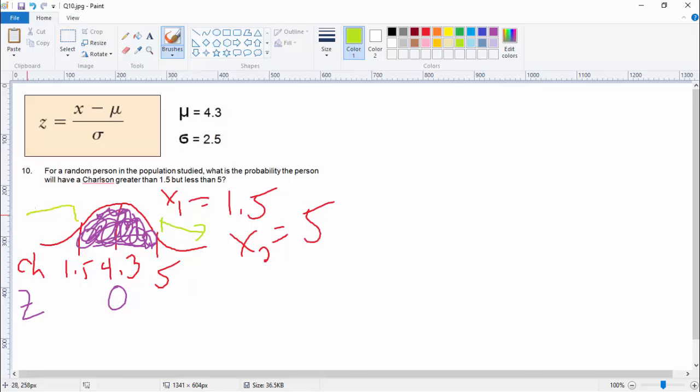Figure out what this little piece is, whatever's smaller than x1, keep track of that, and then just take 1.00, which is the whole shape, minus the probability for it to be greater than